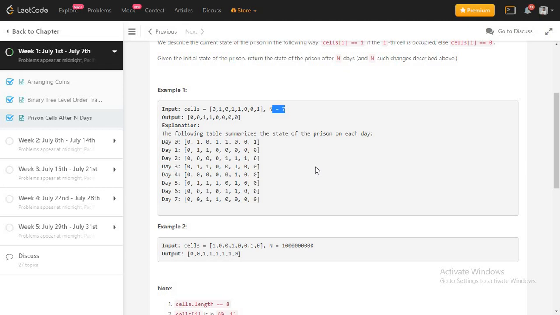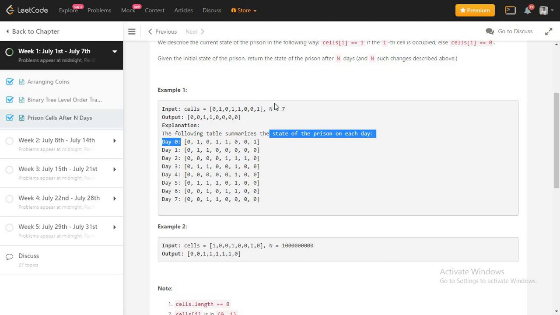Today we are going to solve it using Java. If you just think very simply, what we can do is take one temporary array and iterate. At first we can take one while loop or for loop and start our counter, and my while loop will run till 7 days. Then in that while loop I can pick that cells array, check the values, assign the values, and do the operation, right?